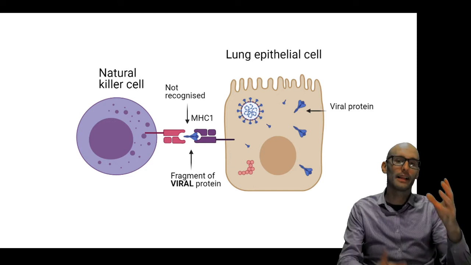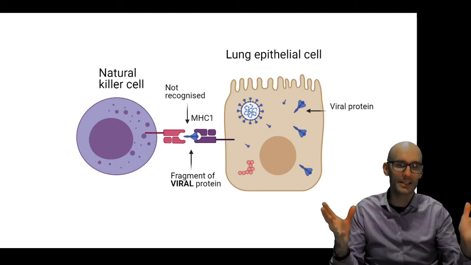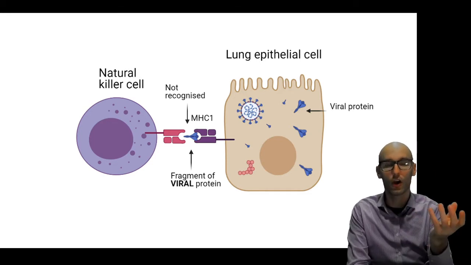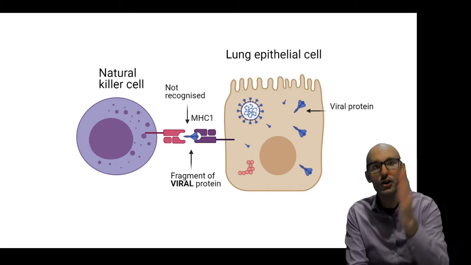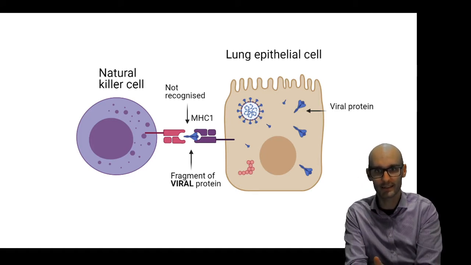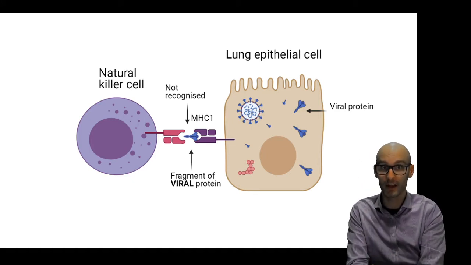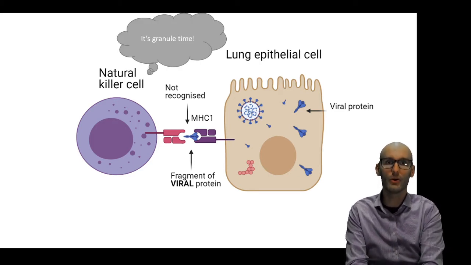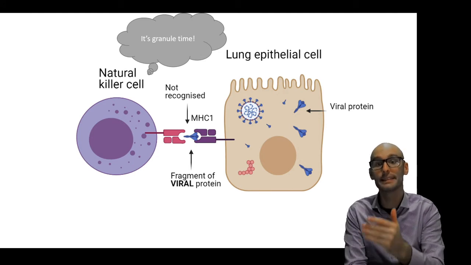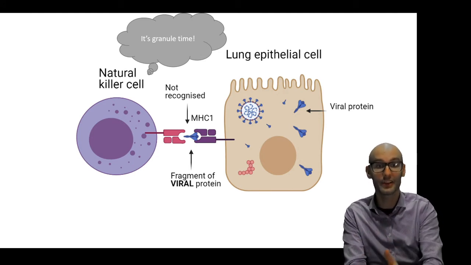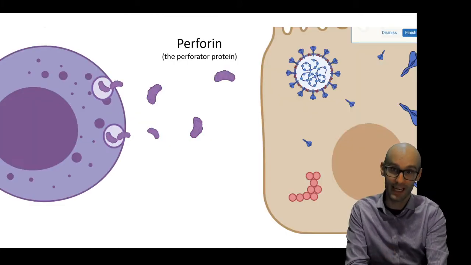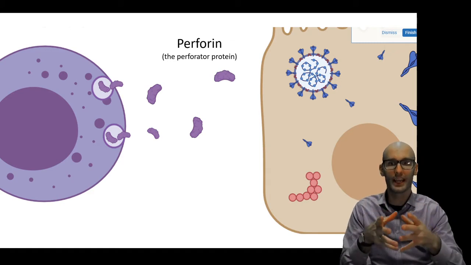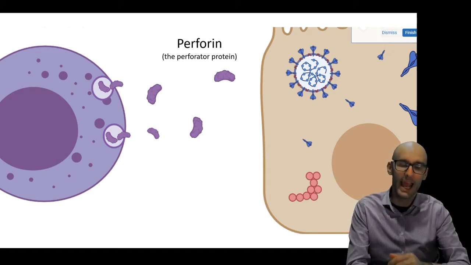However, if that lung epithelia is infected with a virus like SARS-CoV-2, it will display a viral protein on its MHC1 molecule, and that will not be recognized by the natural killer cell, and the failure to recognize a self-antigen results in its activation. So a natural killer cell, if it cannot recognize the antigen displayed on the MHC1 molecule, will activate. And its activation results in degranulation, and in those granules is a protein called perforin, and perforin